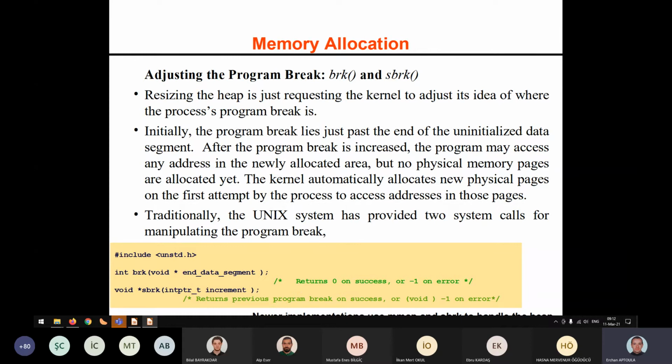So the heap is getting bigger in this case. But just because you push the program break a bit higher, and so now you have access to 100 more megabytes, it doesn't mean necessarily that the kernel has already set aside page tables for you. No, it will set aside those page tables at the first attempt that you will make to